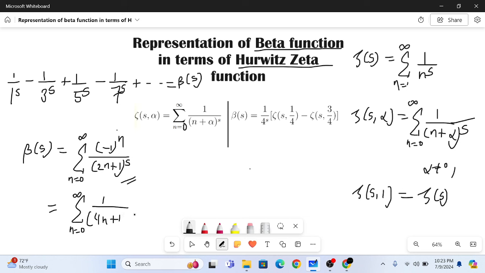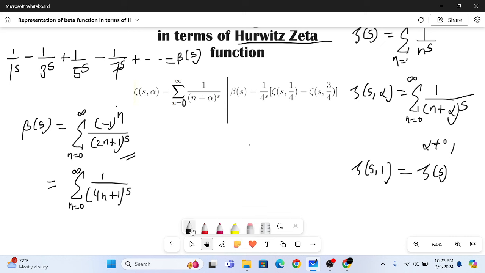And similarly, for odd n, this will be negative. So negative of the sum from n equals 0 to infinity of 1 by, for any odd n it is 2n plus 1, so 2 times (2n plus 1), and then we have 4n plus 3